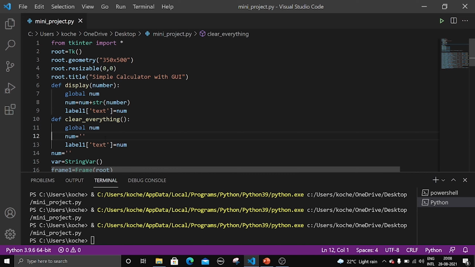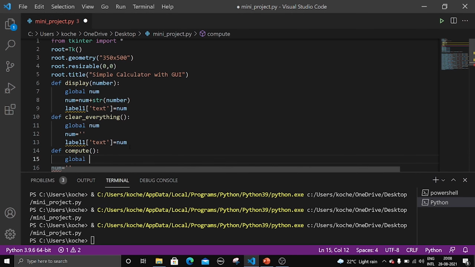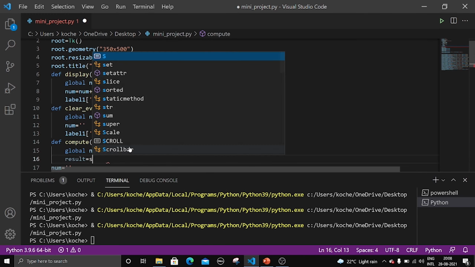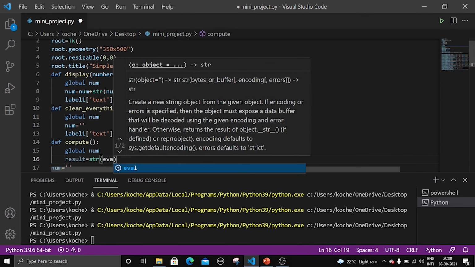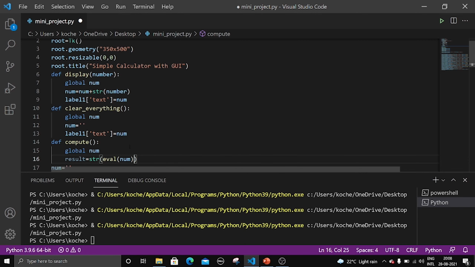So let us create a separate function for the equal to button. Let us write def compute, our function name to be compute, right? Let us make num global, and let us write result equal to str of eval of num. Eval is nothing but an inbuilt function which will evaluate the mathematical operations, right?